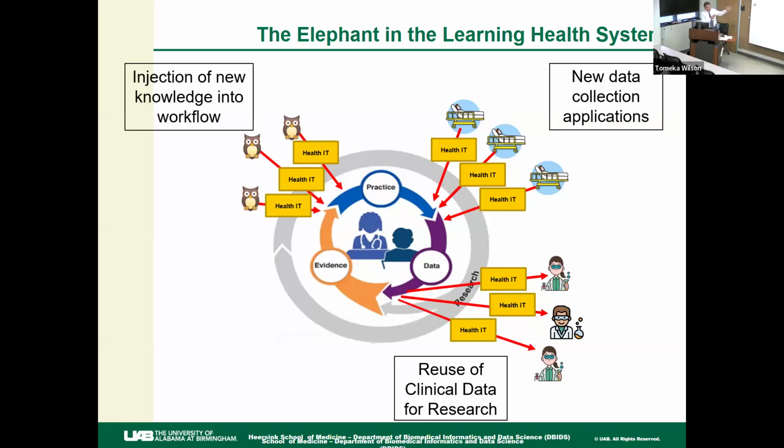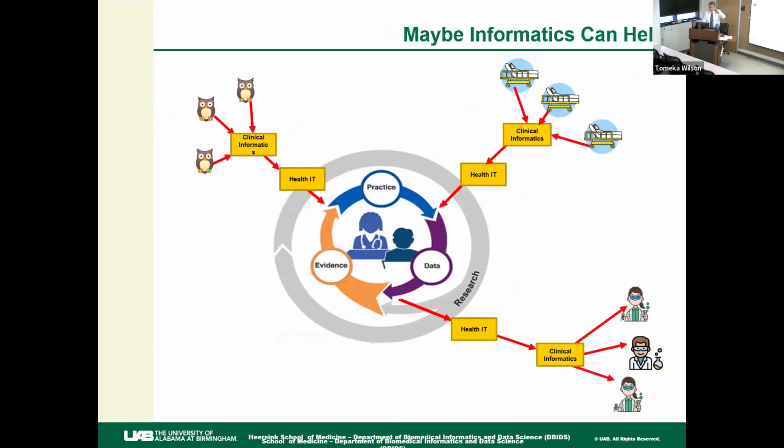Okay, so that's great. That's what people talk about. The elephant in the room, people don't talk about: look at all those yellow boxes. Those are all projects. Somebody's got to do that. It says health IT in there. So you've got to go find a programmer and put that person on the project for 6 months and use up that resource to build one connection. And so the idea for informatics has been, how do we step back from that, look at the general solution, so every time we have a new kind of data we want to put in, or every time we have a new kind of data we want to get out, we don't have to build a separate box. We just have a system for doing it. And that's exactly what we did at Columbia.